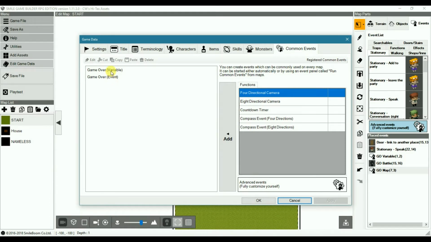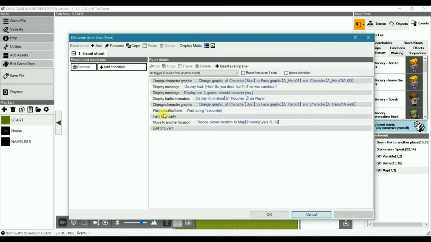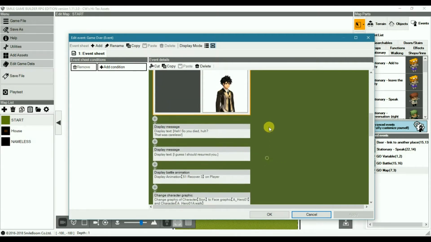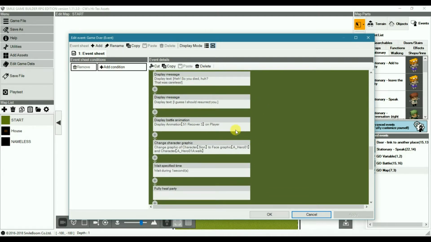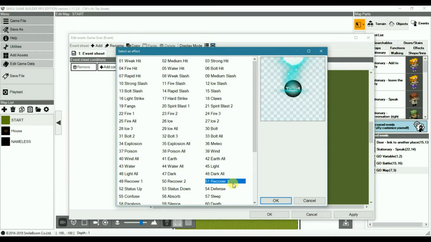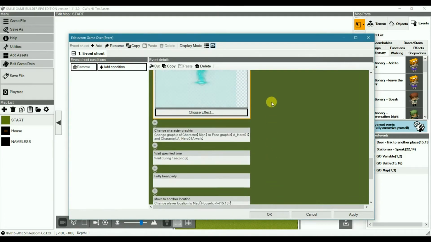I've created 2 game over events with different options. First one we'll have a look at is the game over event, which is the one that can be called from another event such as a battle or from the change game over advanced settings on a per map basis. All I've done is something quite simple. I've changed the main character to KO, added a few messages, displayed an animation. I think this one is one of the resurrect ones. Yeah, recover. So it's recover, and then